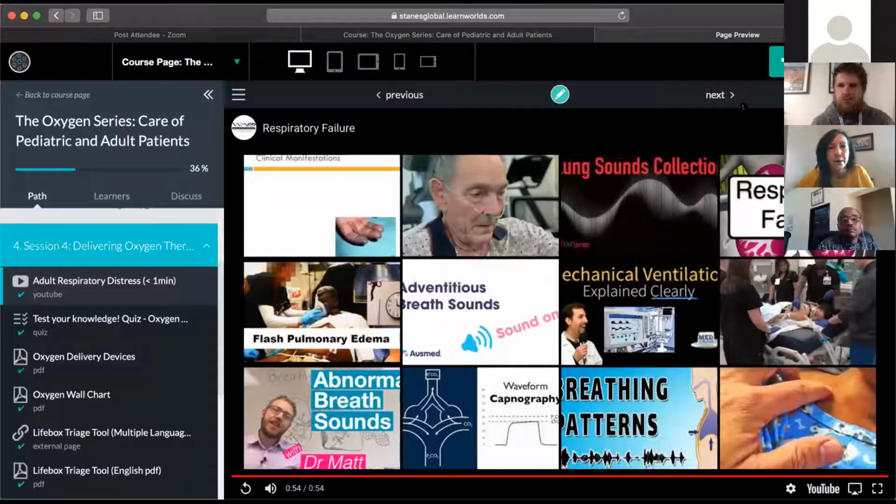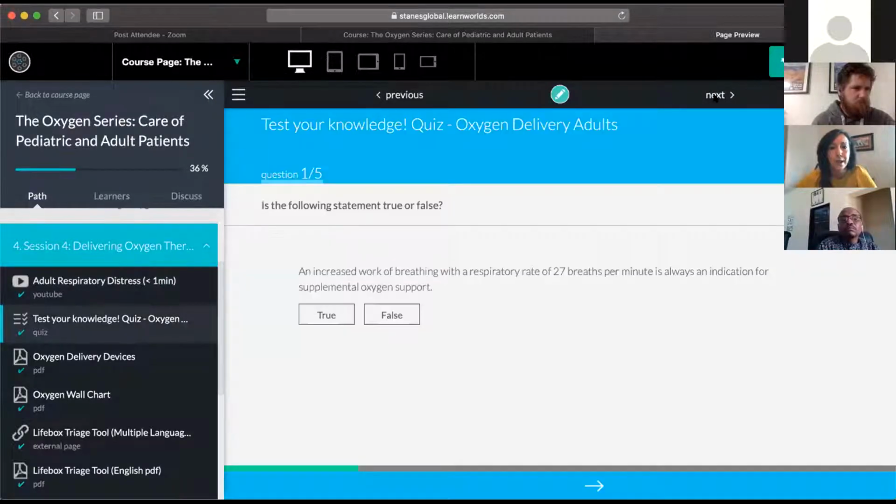You can see up here on the top right, it says next, and you can just click that to go to the next learning element. And you can also see on the left